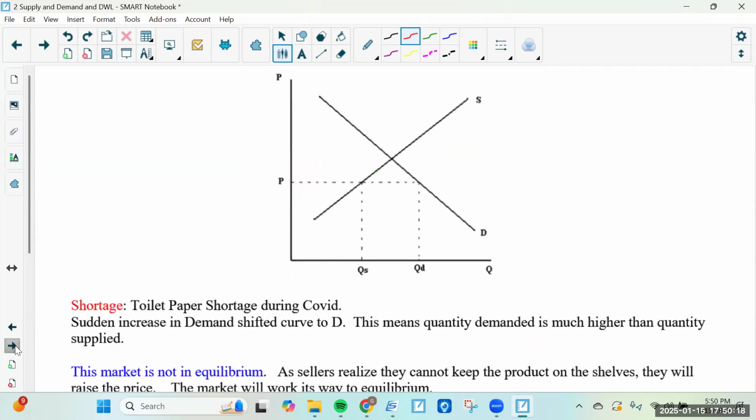Sometimes markets have a shortage or a surplus. A shortage occurs when the price is too low. Okay, so right here is the situation. The market always wants to go here. It always wants to go to equilibrium. That's where markets want to go. But if the seller sets the price too low, because remember, they don't know what price we're willing and able to pay, what happens is if they set the price down here, then they're willing and able to sell a quantity way out here. The quantity supplied is way out here. But unfortunately, at that price, we're only willing to buy